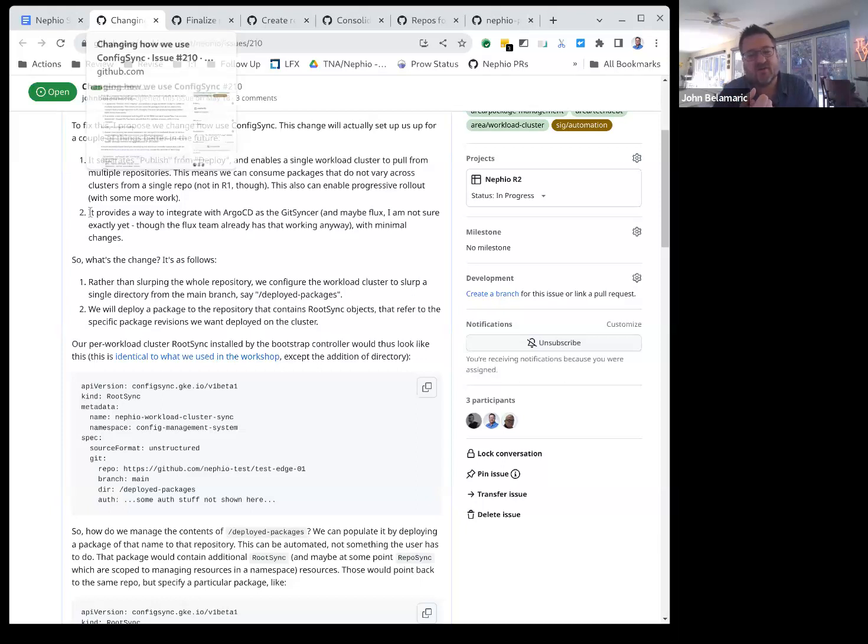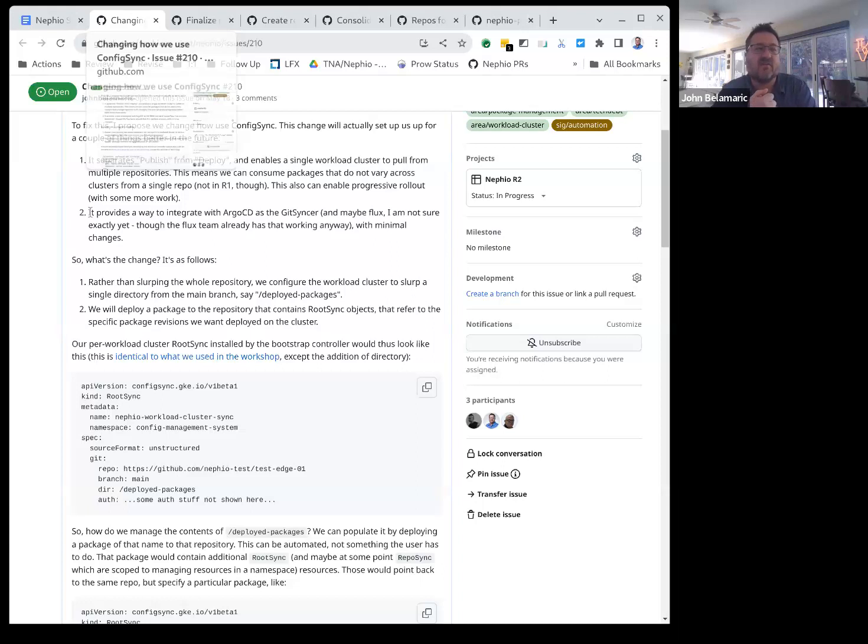What you have to do is go through and delete the main package revision, and then it actually removes that directory from the main branch. Like I said, maybe we should think of this as a Porch bug and fix it that way. That's one option.